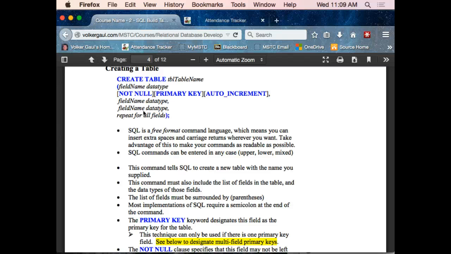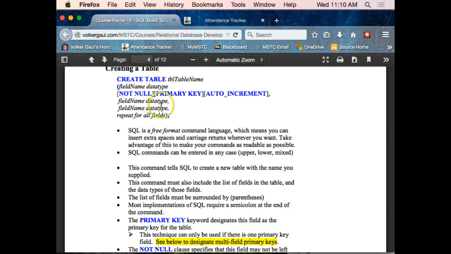Oftentimes, however, the database doesn't designate that. That's a business rule. Can't leave this blank. It's called a business rule in programming, and in programming logic intermediate, we're learning about these things. Business rules are normally encoded in a business class, not in the database, not in a form. There's this business class, a piece of code that's stuck in between there that most of you have not seen. That's where the business rules go,